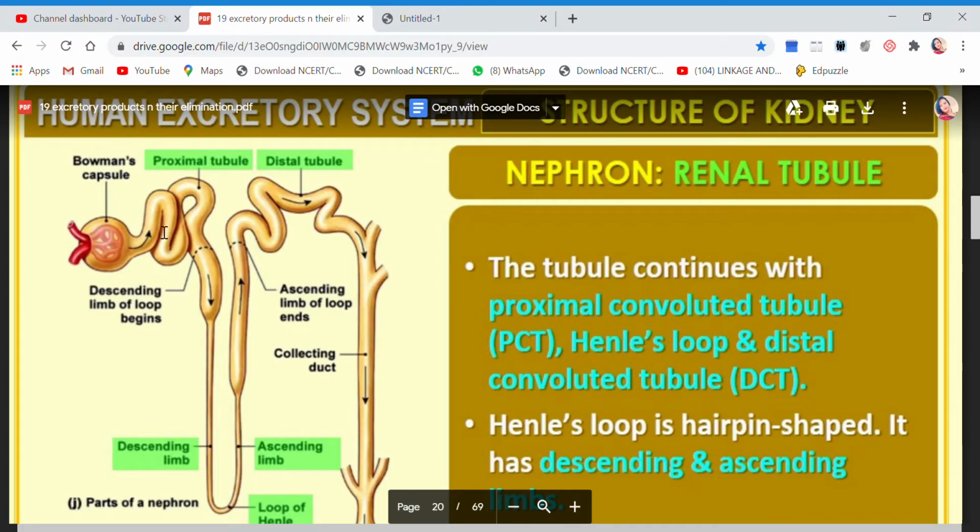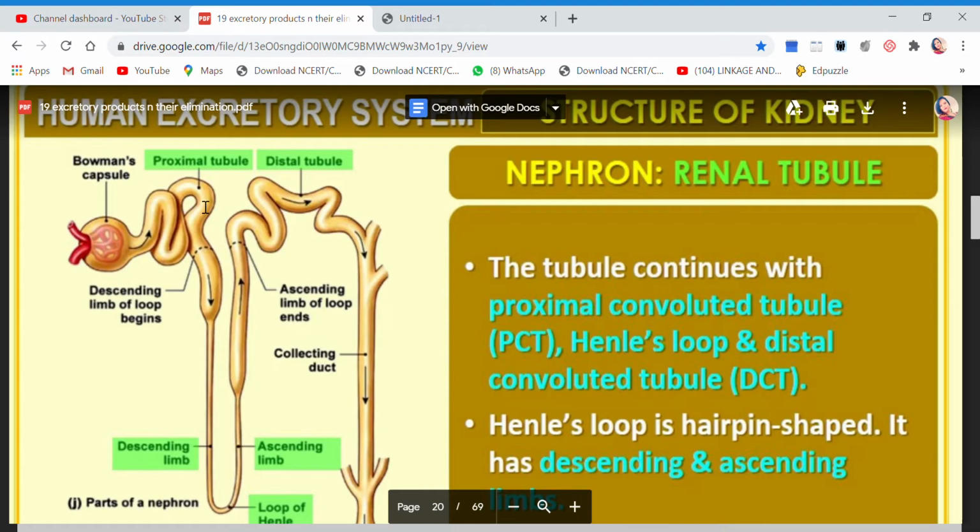Now why do we call it proximal? Proximal means the one which is at the front. Convoluted means there are a lot of folds, convolutions. So because these convolutions are at the start, the beginning, whatever you want to say, that is why it is known as proximal convoluted tubule. Okay, till here. You see the demarcation, they have shown you the demarcation. So till here, this is proximal convoluted tubule.